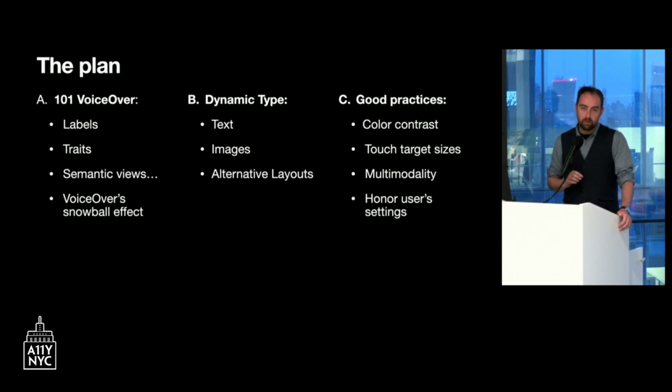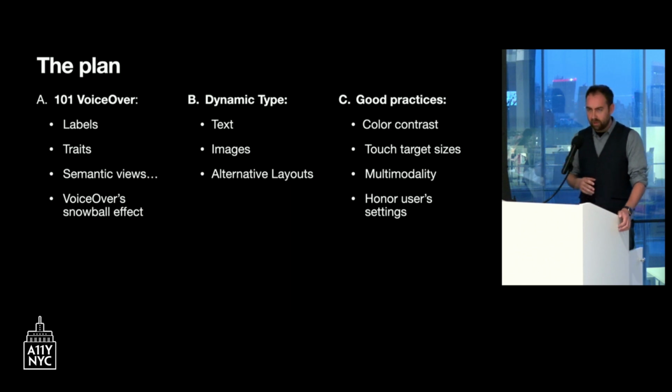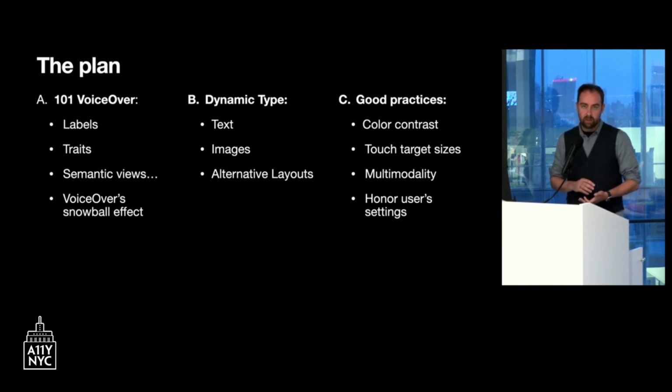Then dynamic type is, I think, quite a unique feature from iOS. I love it. It's the possibility to select different text sizes in the system. You can even specify different text sizes for different apps. And you have 7 sizes, but you can actually enable 5 extra accessibility sizes. So it gets pretty big. And what I love from this one is I'm pretty sure it's the most widely used accessibility feature in iOS. But most people using dynamic type won't consider themselves disabled or won't consider that they're using an assistive technology. So I think it's a great reminder that if we make apps accessible, they just benefit everyone. Both my parents use large text sizes, for example, and I think most of us will probably get to that point as well.